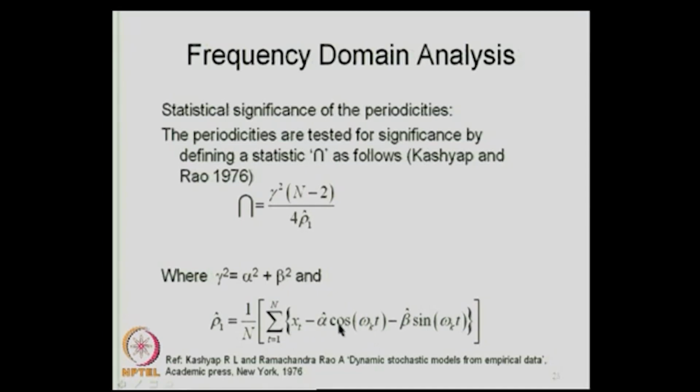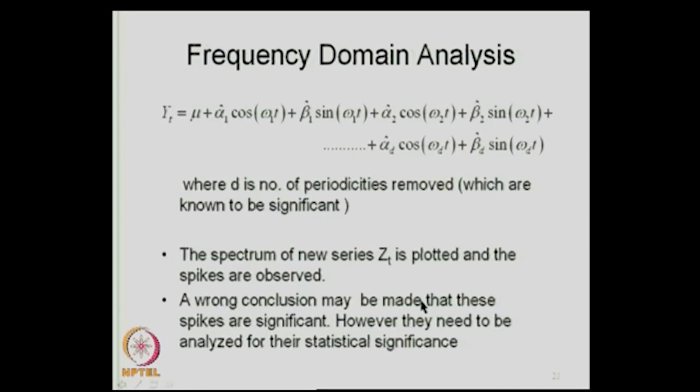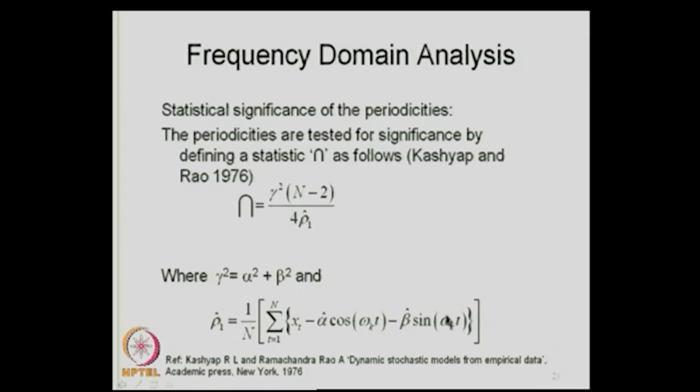T is equal to 1 to n. This is the particular periodicity which we are examining. So, omega k is as identified in your spectral analysis. You have identified a particular k, and this is the periodicity which you want to examine for significance. So, omega k is known, and t you are summing from t is equal to 1 to n. So, x t minus this particular periodicity removed,